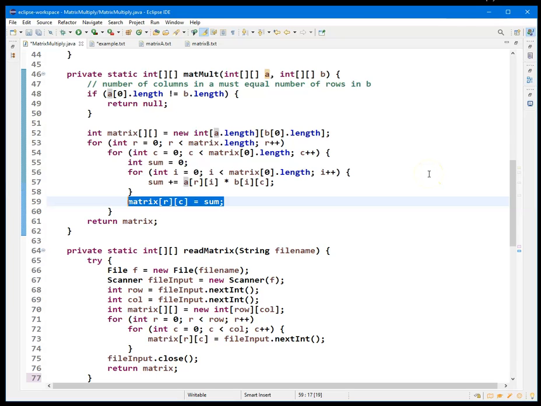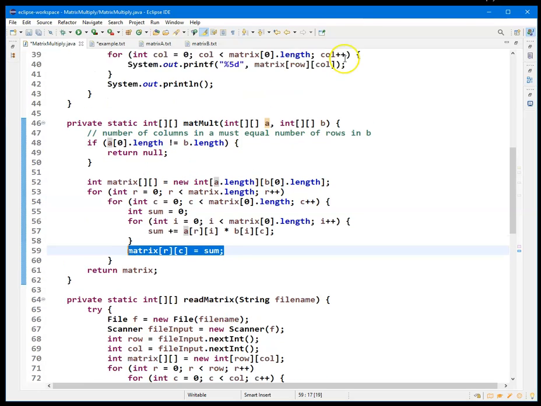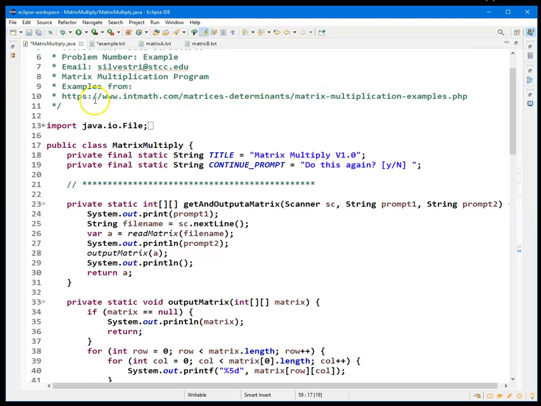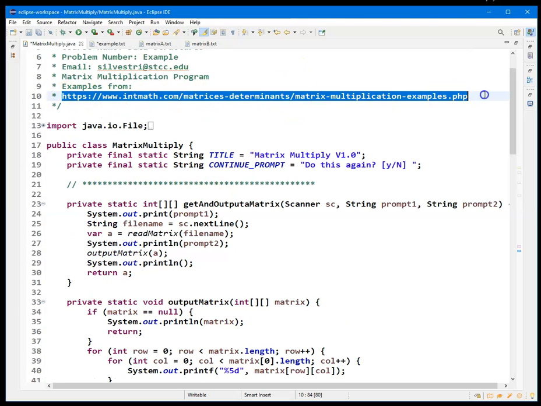Now, it's a little complicated, I know. Try your best to understand the algorithm. If my explanation wasn't adequate, then take a look at the other explanation that's on the website. You can also look at the matrix that you have here, or the URL, and take a look at that. It's something that you need to know because it's an algorithm that's used a lot in gaming, and so you need to have that in your